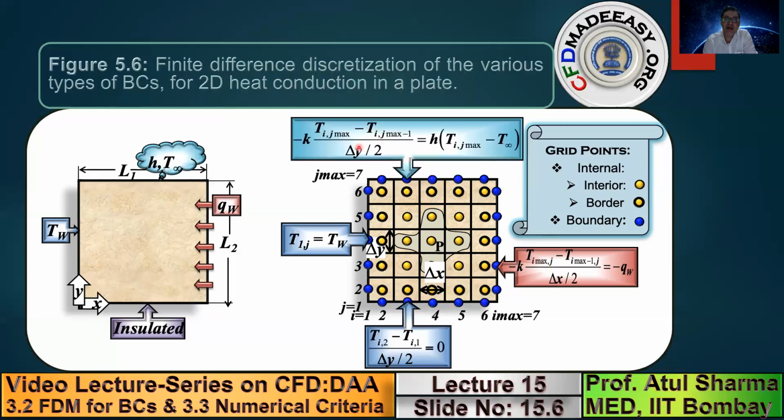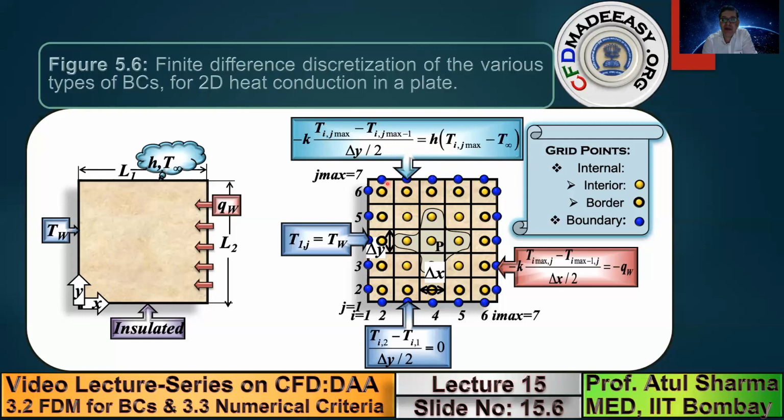Finally, to implement the convective boundary condition at the top wall, we are assuming that in this case, the heat is getting transferred from this solid to the fluid which is outside. So we consider the convective heat transfer in the positive y direction. So to calculate from Newton's law of cooling, Qy by convection is equal to h times (temperature at wall minus T infinity), because we are assuming that the temperature at wall is greater than T infinity. So we are considering Qy in the positive y direction. So this is equal to minus k dT by dy.